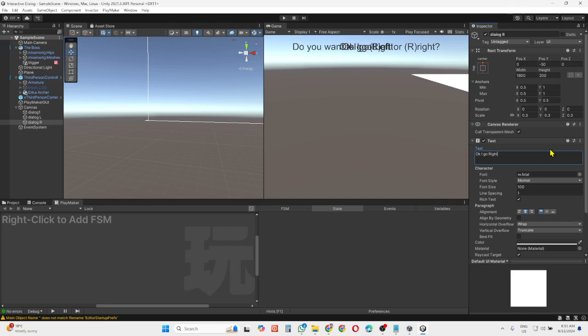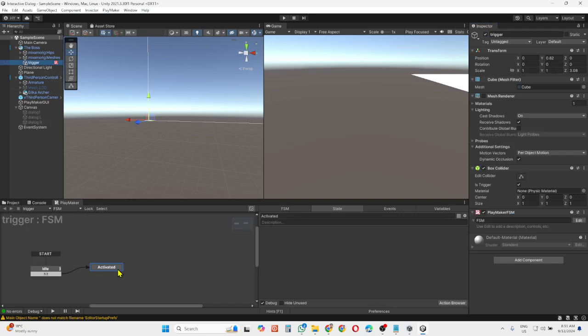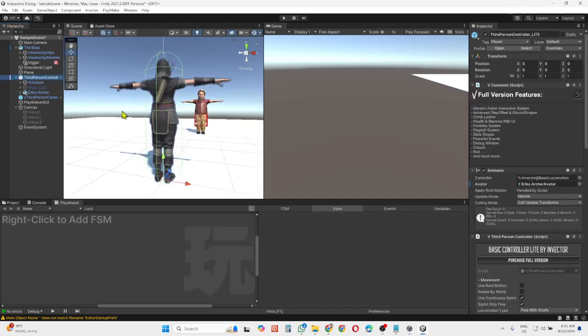Okay, so all these three dialogues, I will deactivate it or hide it one by one. Okay, we are going to display the dialog through the FSM here. So when the player,